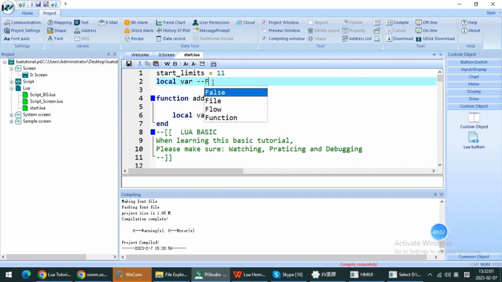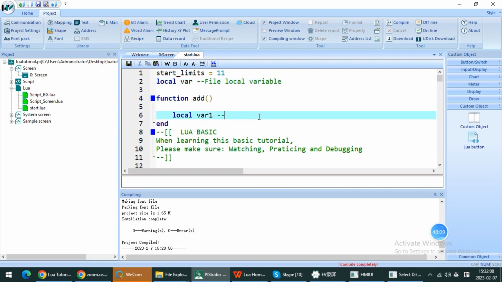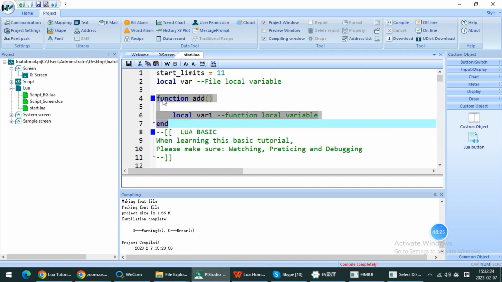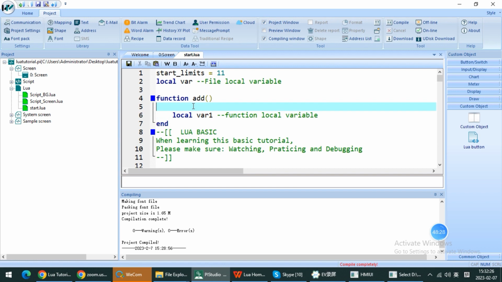Okay, file local variable, and this one is function local. So on function I can call this variable. Okay,